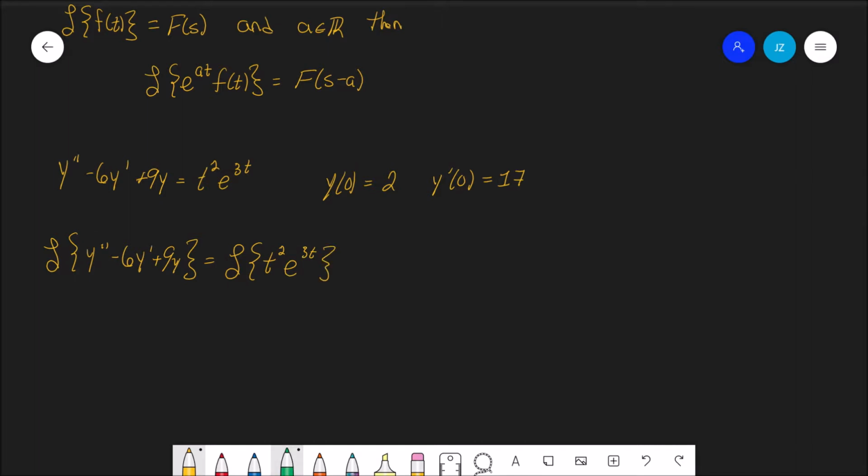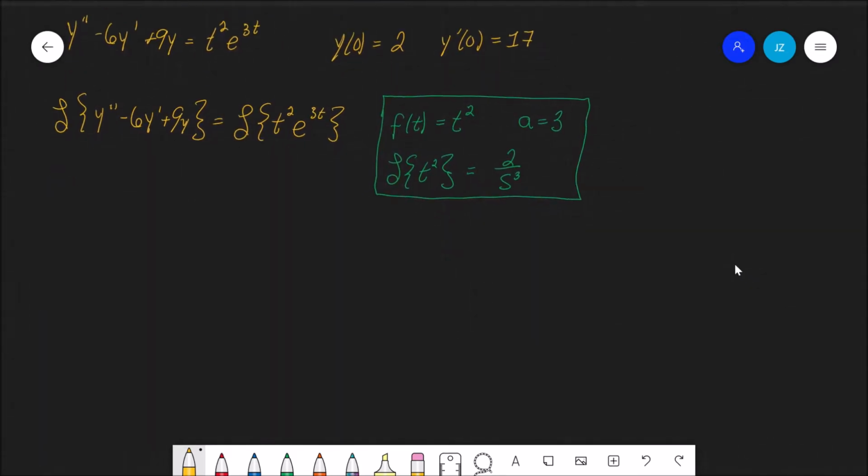now here we should notice that f of t is t squared and a is equal to 3. We should also know that the Laplace transform of t squared is 2 over s cubed. So these are just side notes. So we go ahead and take this Laplace transform. We're going to wind up with s squared